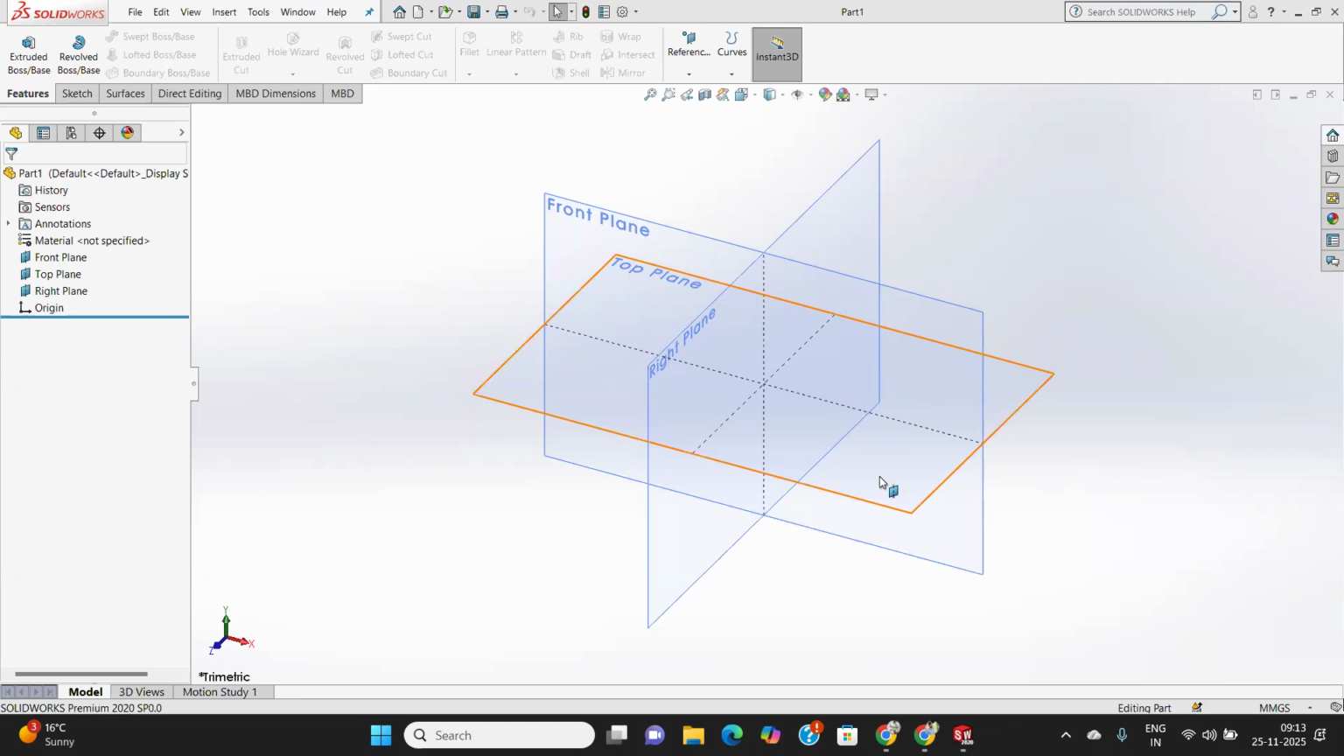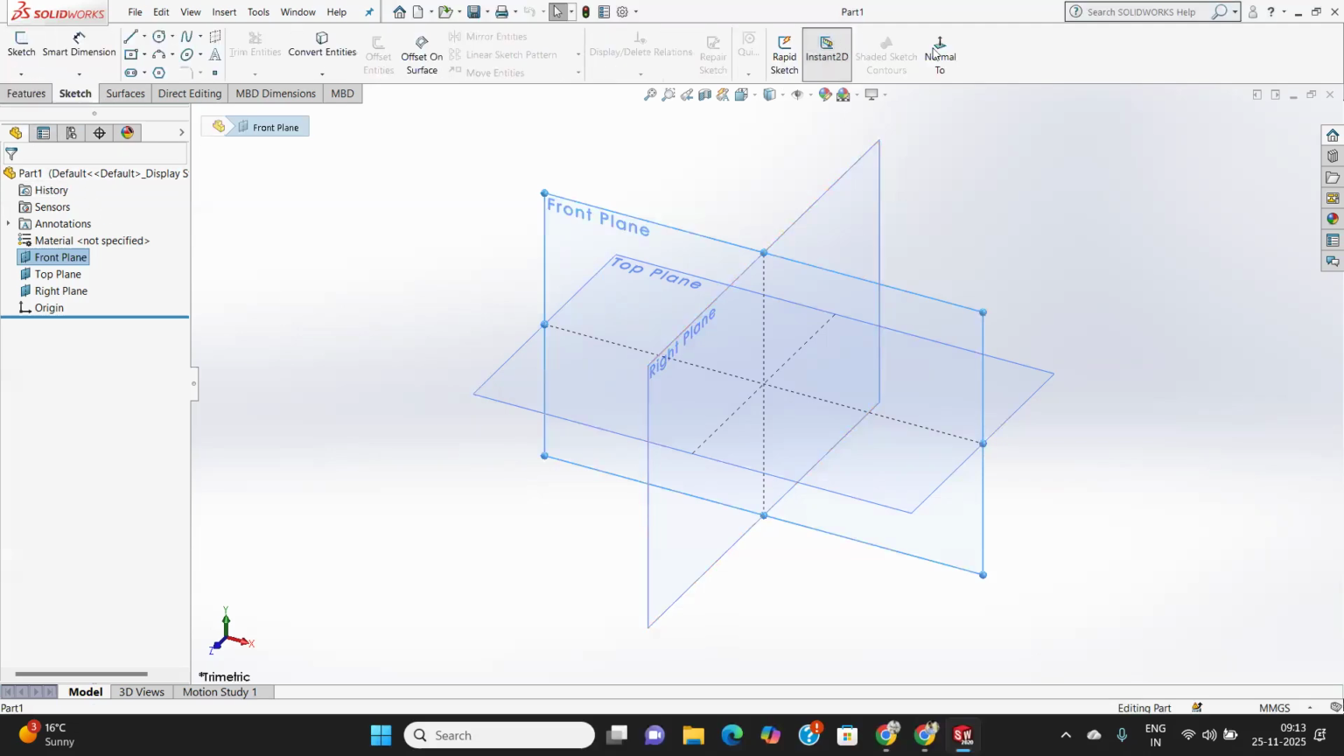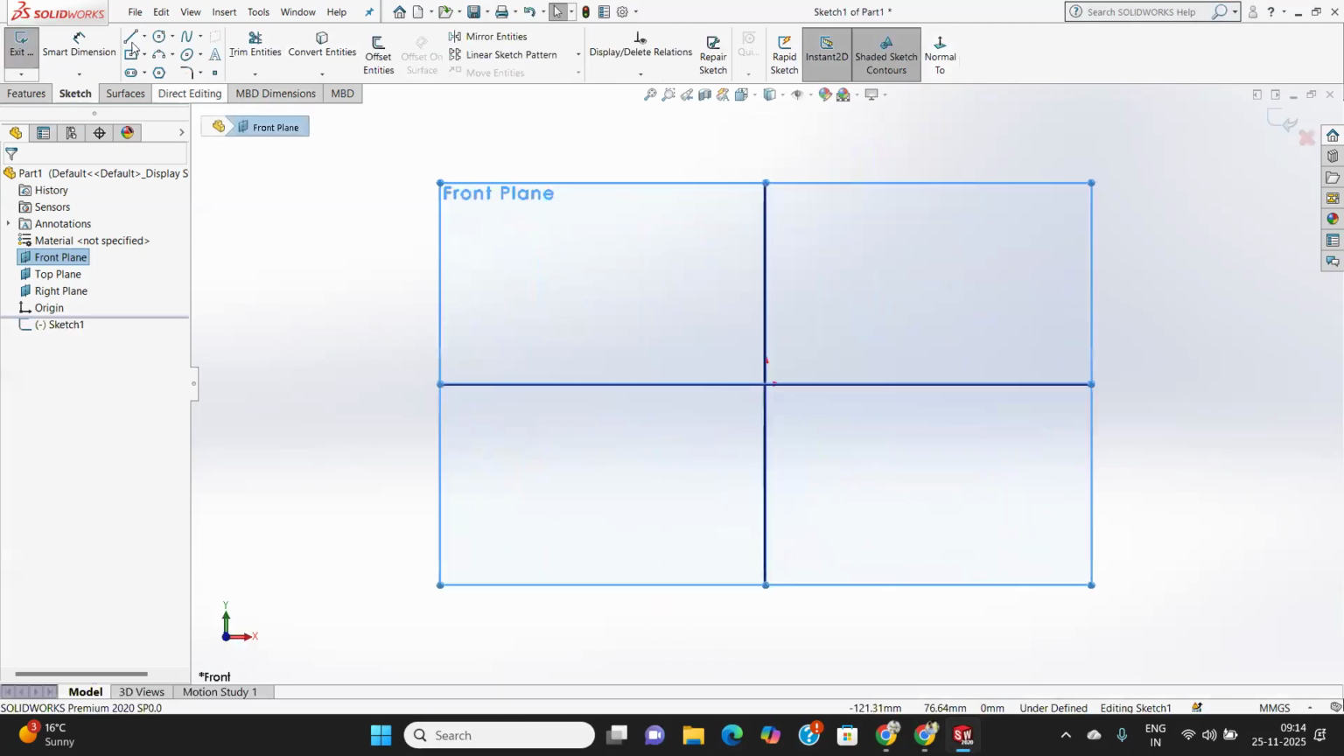Which plane do you want to show here? Suppose your front plane, whatever it is. Last class I made something else here. Suppose I just select this and go to the sketch. I want the sketch module. And then what I do, I just make a line